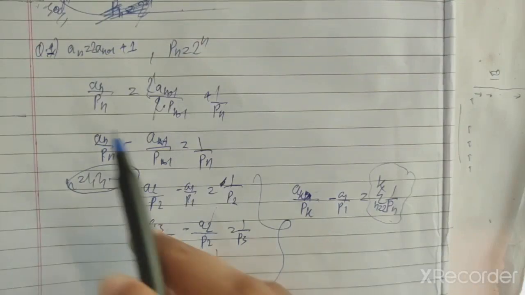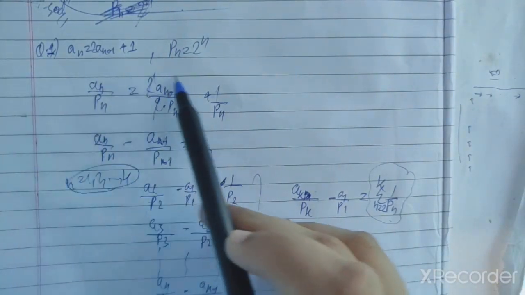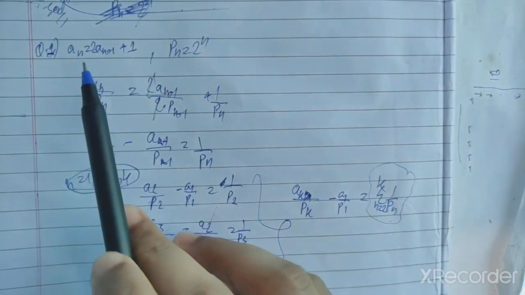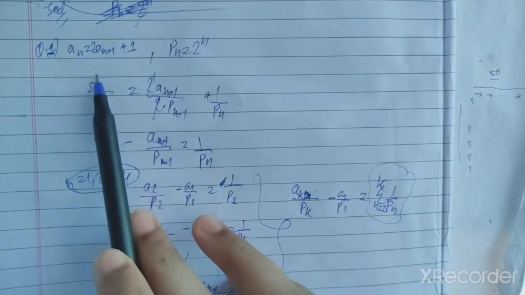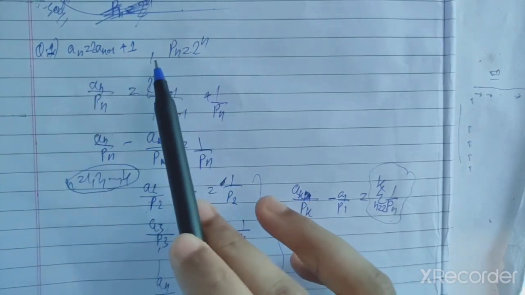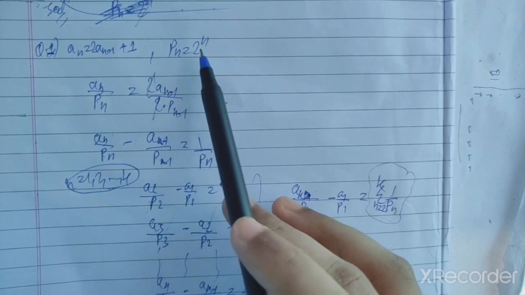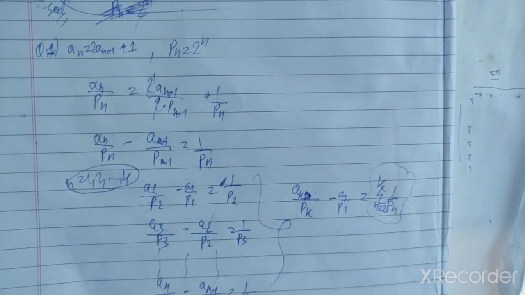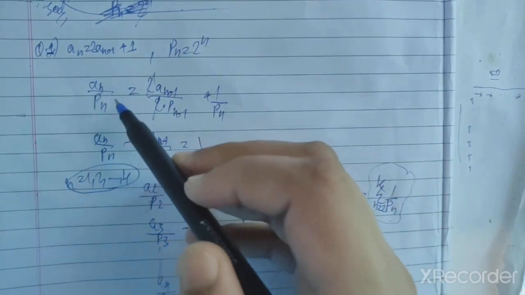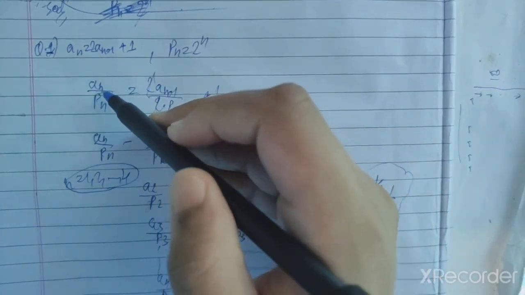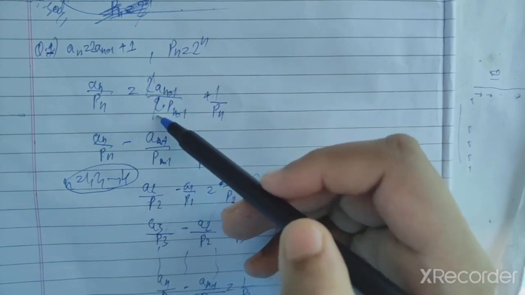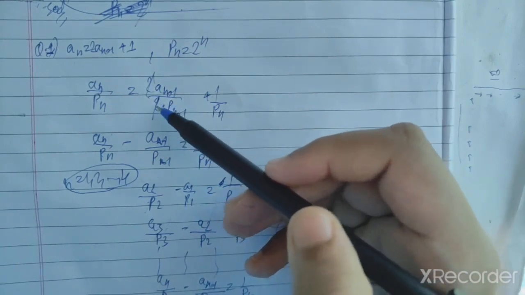Okay, so it is problem 1 of VU1 of Pathfinder recurrence relation. The problem given is basically a_n is twice the previous term plus 1. In order to find closed form, we can define a new sequence to be p_n = 2 raised to power n. If we divide both sides by p_n, we will eventually get a_n by p_n is equal to 2 a_(n-1) upon 2 p_n.